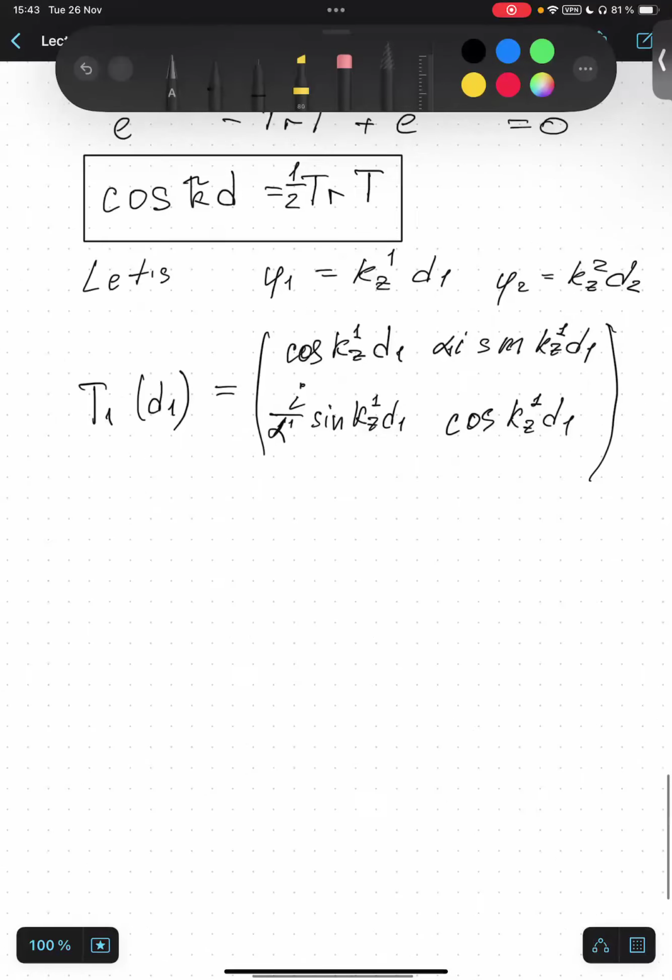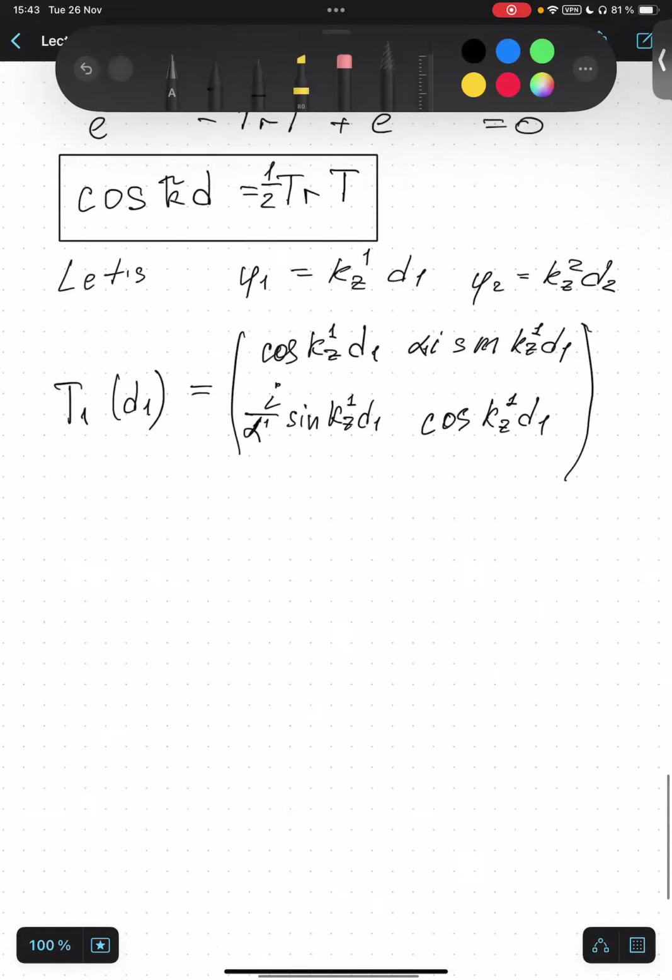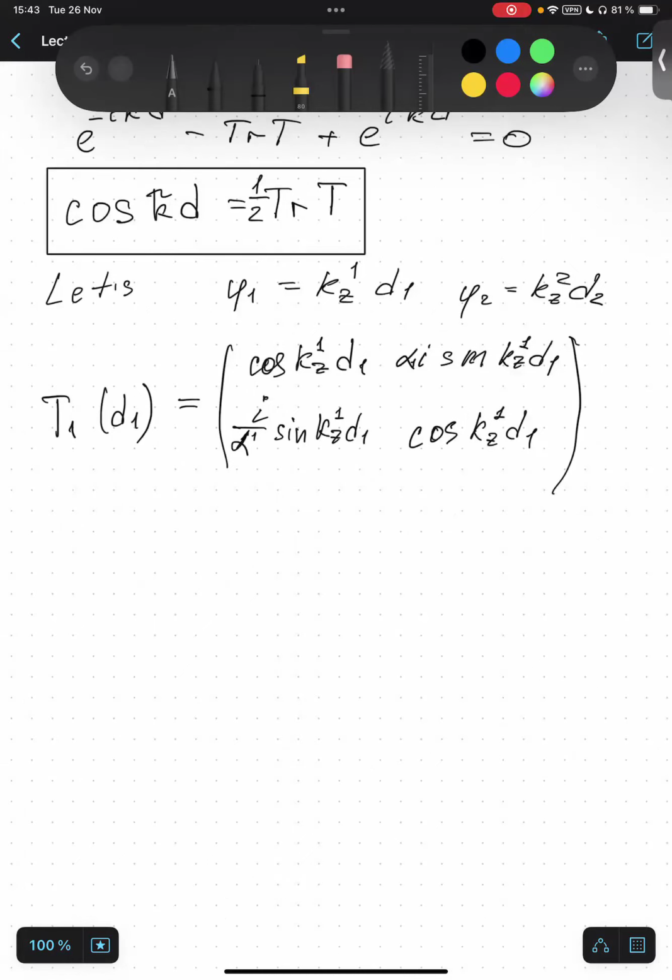So with the matrix for the first layer, for the second layer, it's the same. So let's write the whole trace of T. It is cosine phi1 cosine phi2 minus,